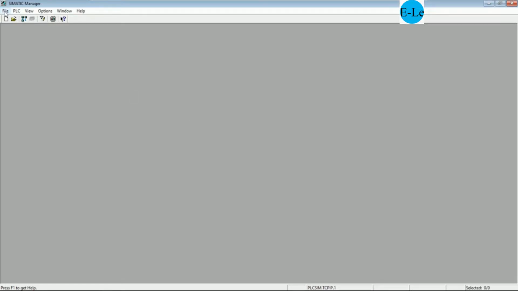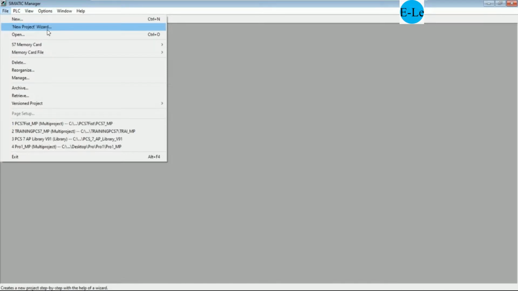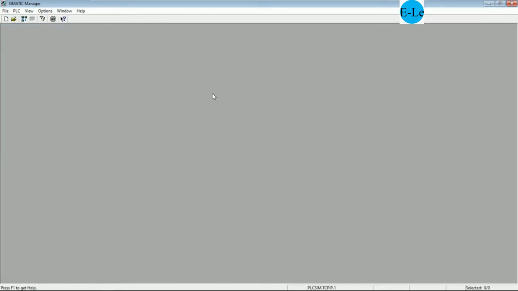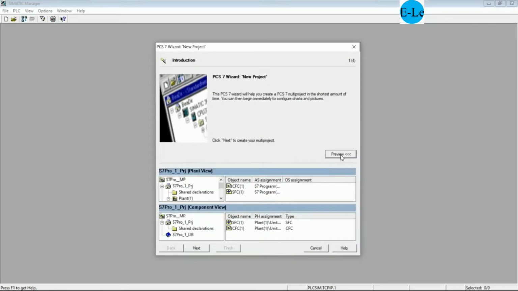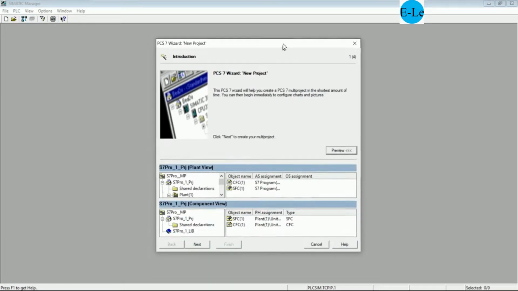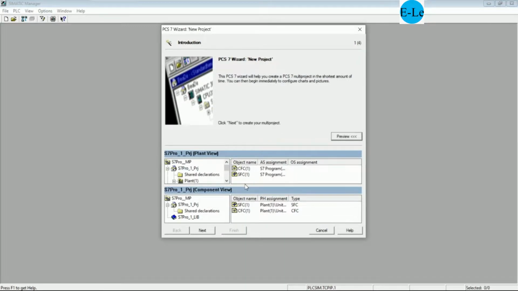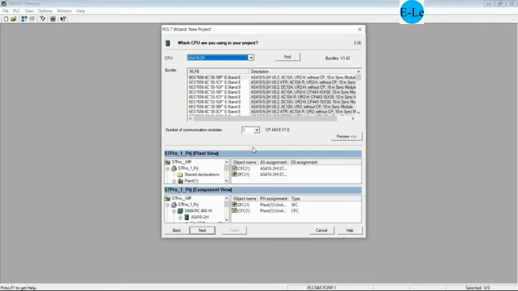So first let's go to File and then New Project Wizard, and we can preview the project, yes, and then go next. And here is the CPU, it means the central processing unit that we will use. For example, I use this CPU, yes,